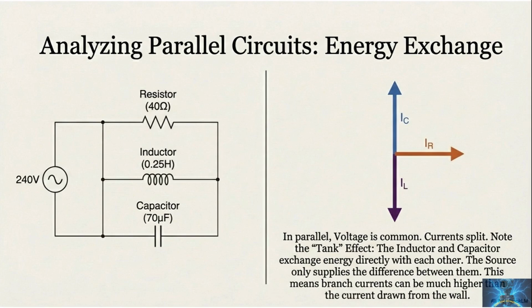Parallel circuits, energy exchange. In a parallel AC circuit, the voltage is the same across each branch, but the branch currents can be out of phase. So the total current is the phasor sum of the branch currents. In circuits that include both an inductor and a capacitor, those two branches can exchange energy back and forth like a tank system. The source may only need to supply the difference between them, even though branch currents can be